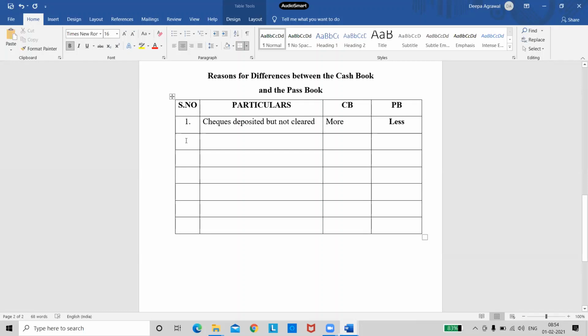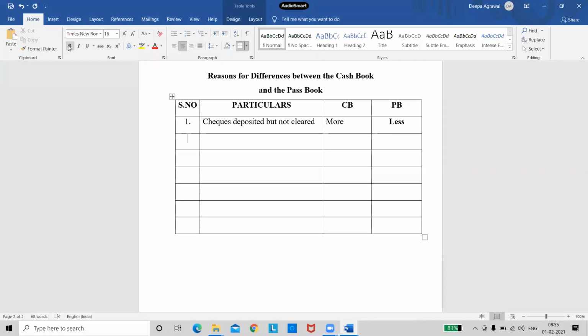Now you have to remember it like this properly. Checks deposited but not cleared. Just think about it. Whenever checks are deposited, you will first make an entry in the cash book, because you are first getting the check in your hand. So I will note it down in my cash book, and then I'll send it to be deposited in the bank. And the banker will take at least 2 days for that check to get cleared, that means for the amount of the check to get credited in my bank account. So cash book is recording the entry first. And when the cash book is recording this entry, the balance of cash book is increasing. The cash book balance is more because it is a receipt.